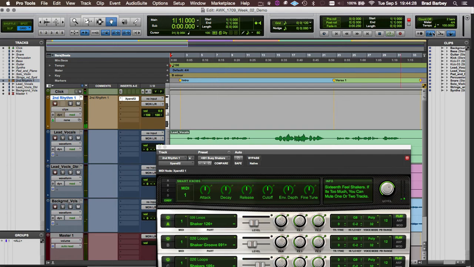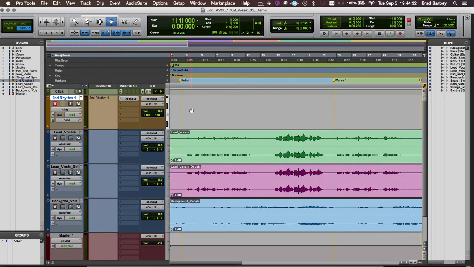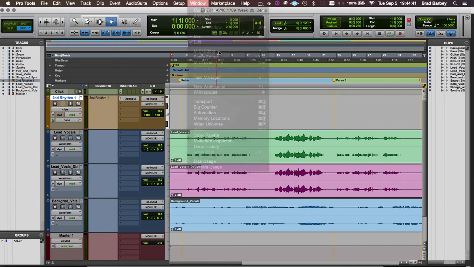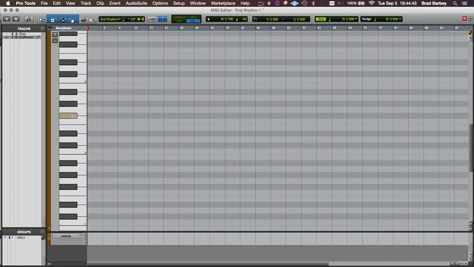All right, so good enough. I'll just close the plugin for a second. Now I want to draw that note in. I could record that note in, and I will record some notes in here, but this one I want to draw in. So what I'm going to do is go Window, MIDI Editor, and now I've got a full MIDI editor here, and if I press on these keys,